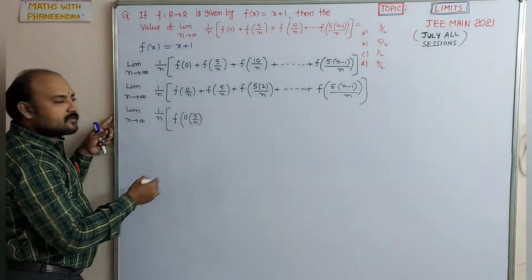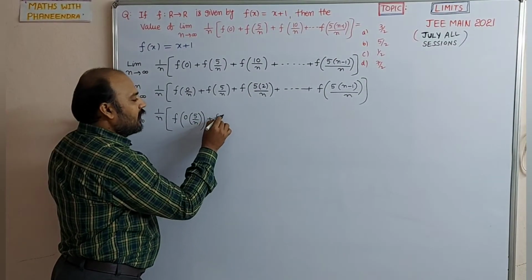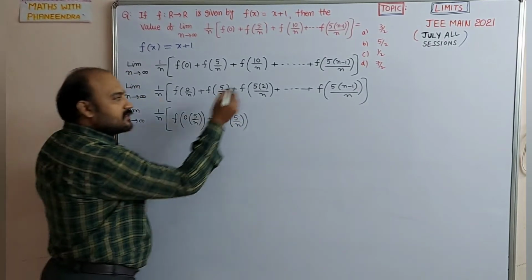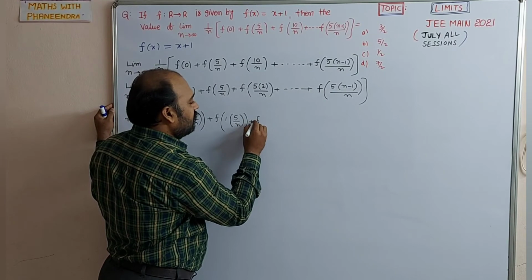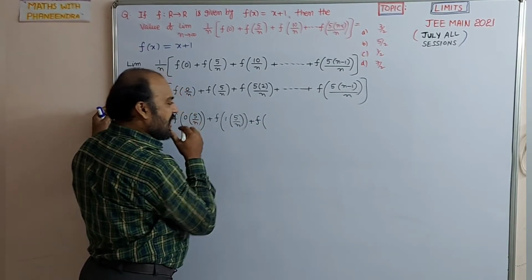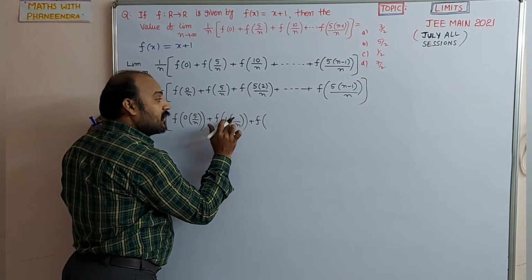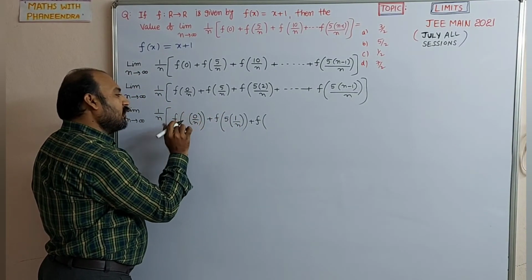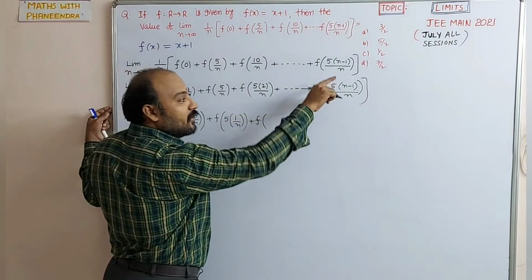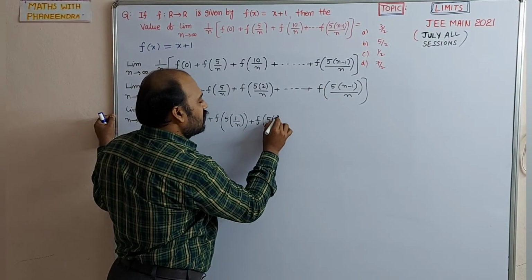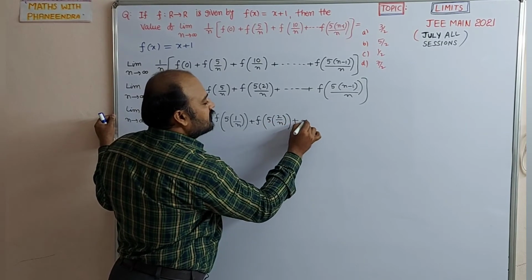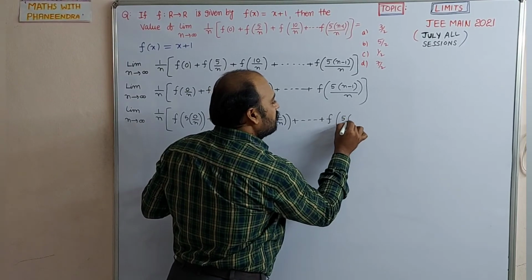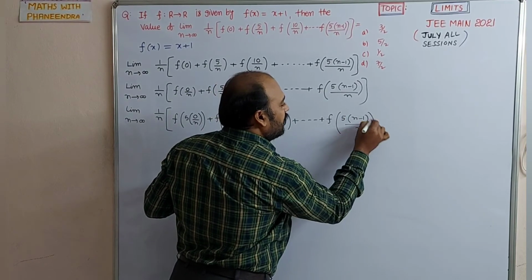Can we write like this? f of 5 by n can be written as 1 into 5 by n. This can be written as f of 5 multiples. Write it, sorry, here 1 by n, here 5. Here 0 by n, here 5. 5 multiples we are writing. Why? Because here 5 multiples are there now. So 5 times of 2 by n plus and so on, f of 5 times of n minus 1 divided by n.